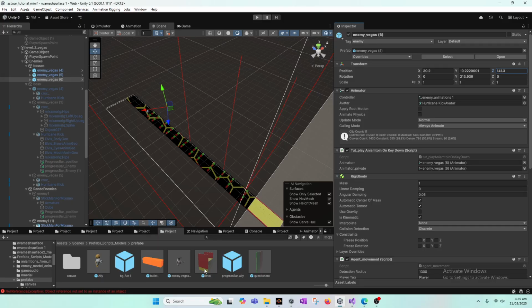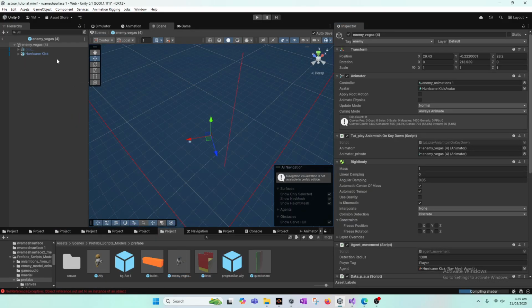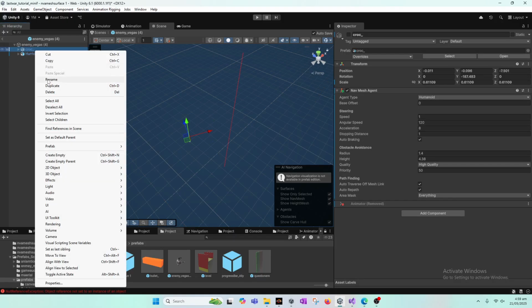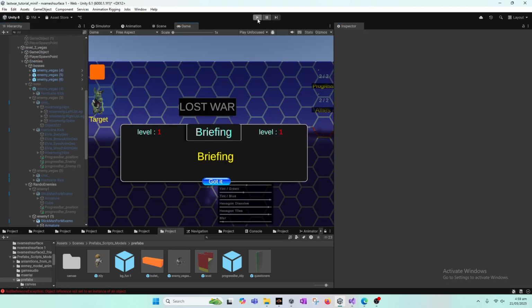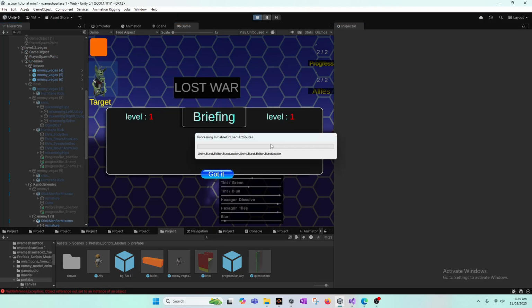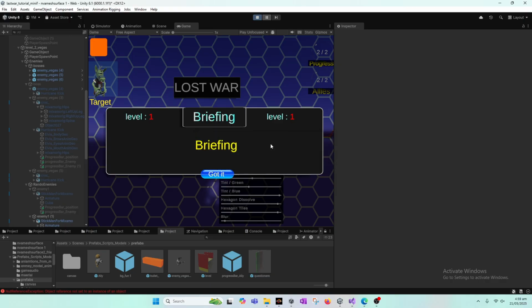But another thing that we noticed is if we double click this Vegas here and delete the Croc component, and then go back to this hurricane kick, set the speed to 0.1, and this will make them super slow. So now if we play to see how they move,